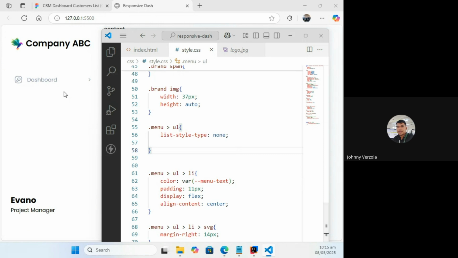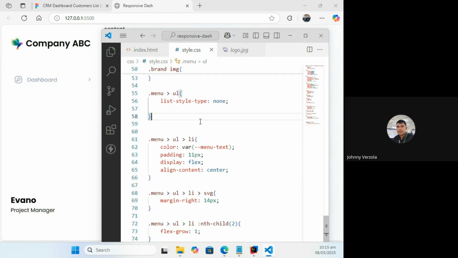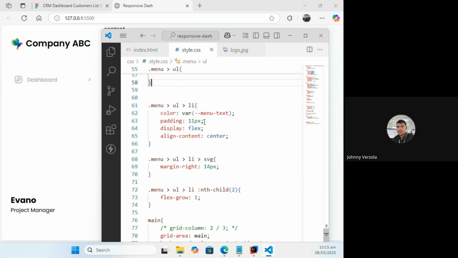There you go. Now, our problem is to add the hover style. Hover style or the active? Okay, let's work on the active. What will happen if the LI is active? What is the selector for the hover effect?